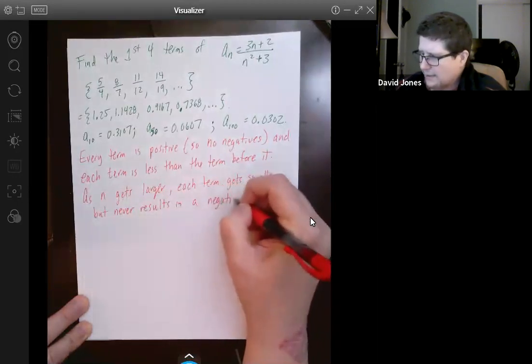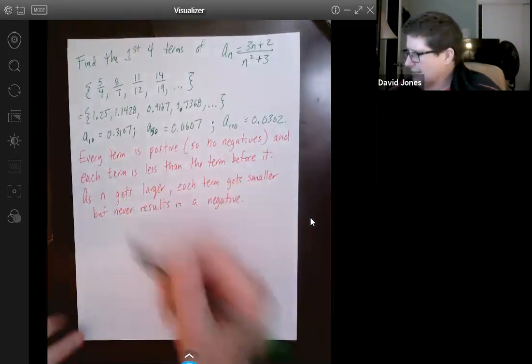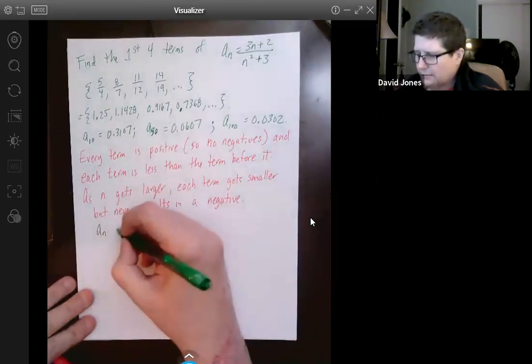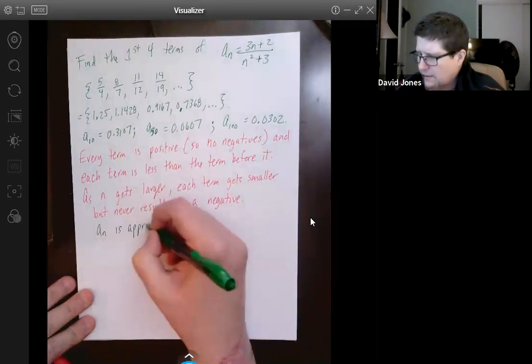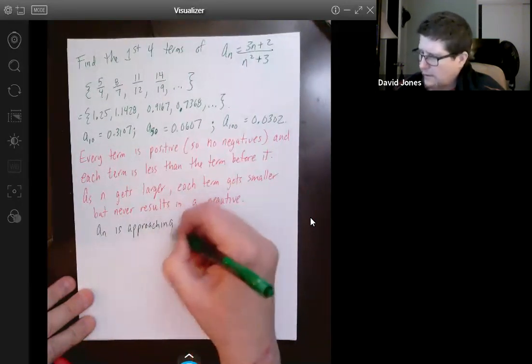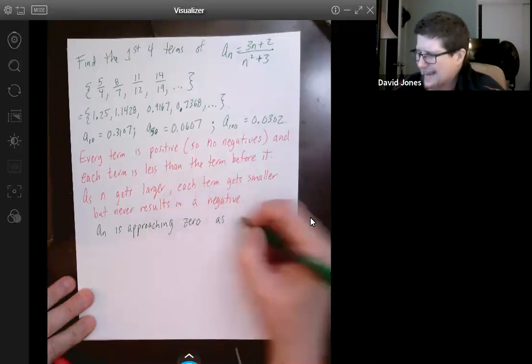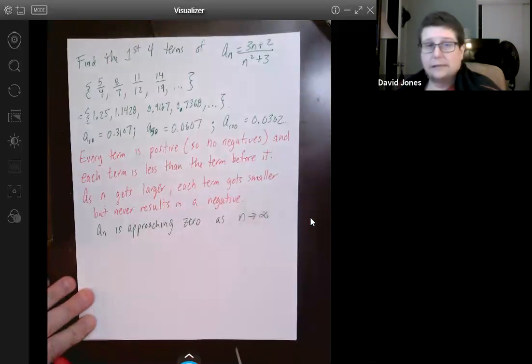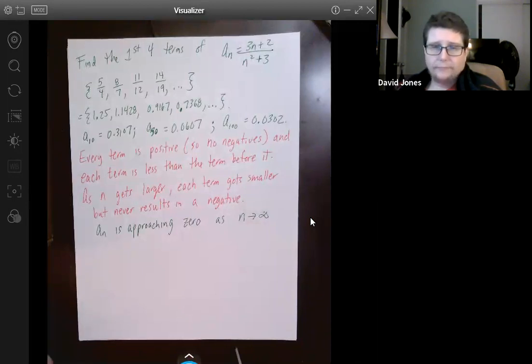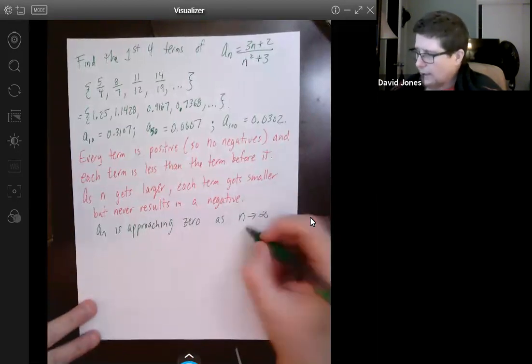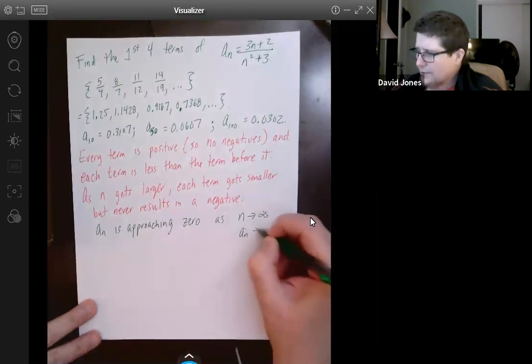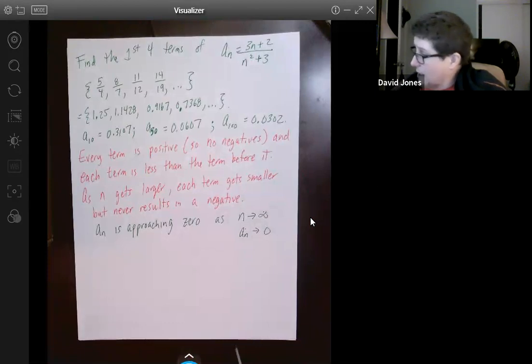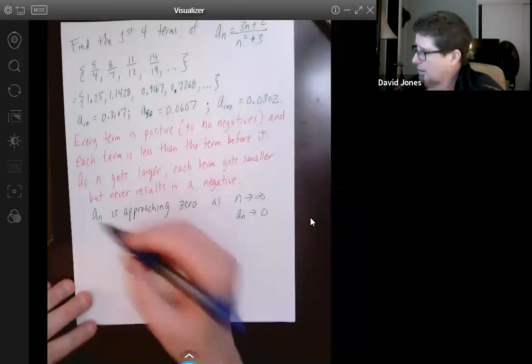Which means a sub n is approaching 0 as n goes to infinity. Or as n goes to infinity, a sub n goes to 0. And when this happens, for large enough n,